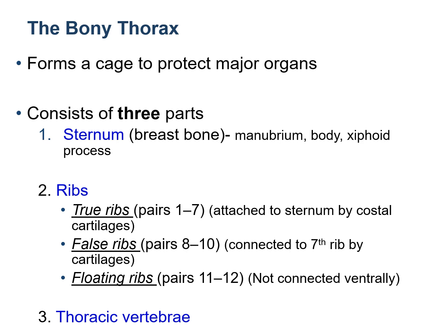The remainder of the axial skeleton consists of the bones of the thoracic cavity that include the sternum, the ribs, and the hyoid bone in the neck. The bones in the thorax form a cage-like structure to protect the internal organs such as the lungs and the heart. This cage consists of 3 parts. First is the breastbone known as the sternum, which is present on the ventral side of the body. Then there are 12 pairs of ribs, and posteriorly it consists of the thoracic vertebrae, which we have already covered in the previous slides.